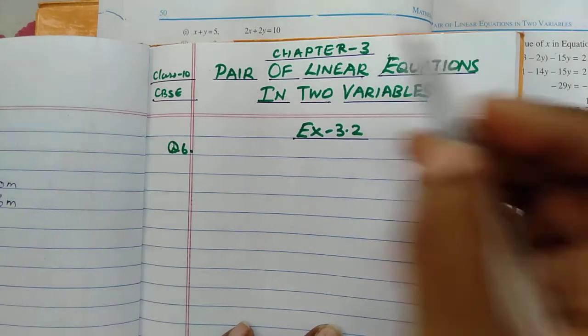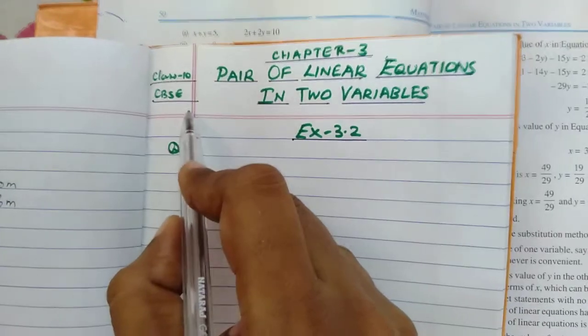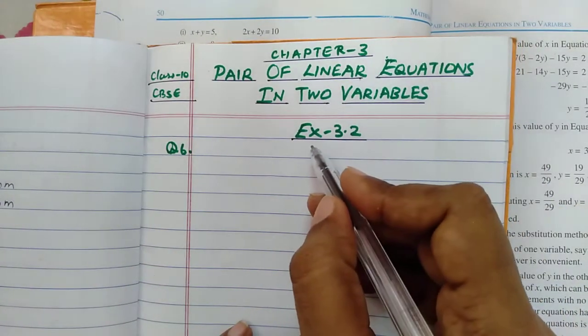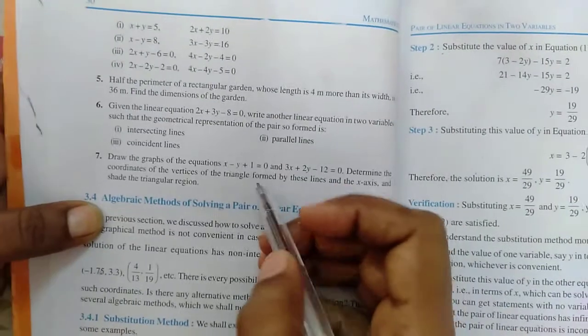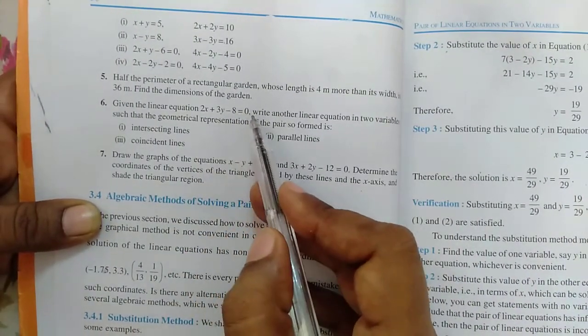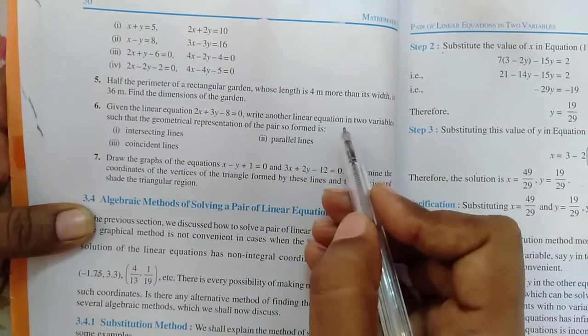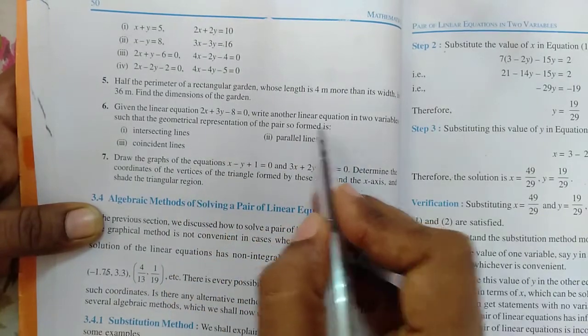Today we shall see chapter number 3, pair of linear equations in two variables of class 10 CBSE. We will continue with exercise number 3.2, question number 6. Given the linear equation 2x plus 3y minus 8 is equal to 0, write another linear equation in two variables such that the geometrical representation of the pair so formed is